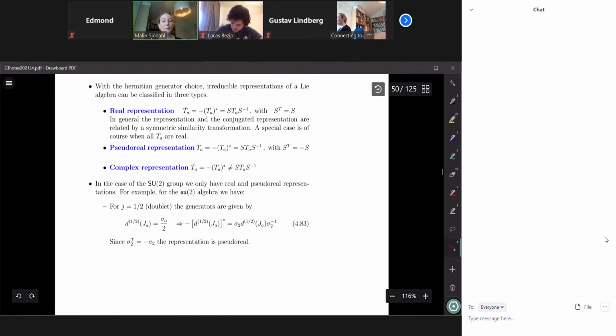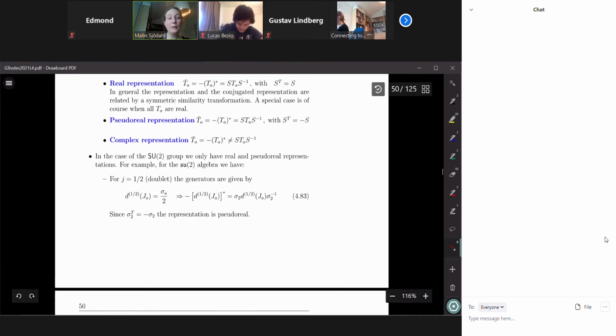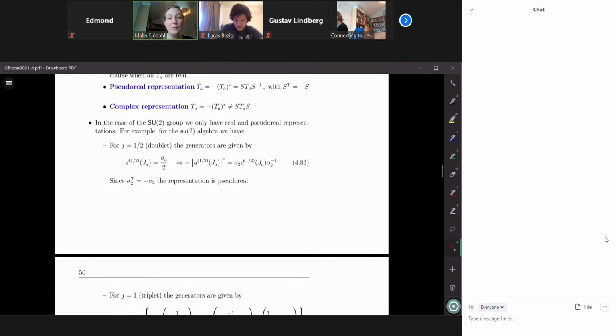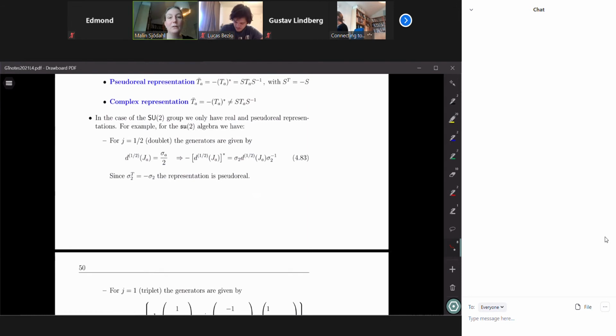I am not going to go through the straightforward matrix multiplication here, but you can do that, and you will find that the matrix sigma 2 does the job. So sigma 2 can be used as S, showing that this is a so-called